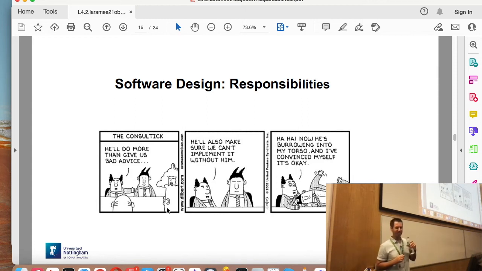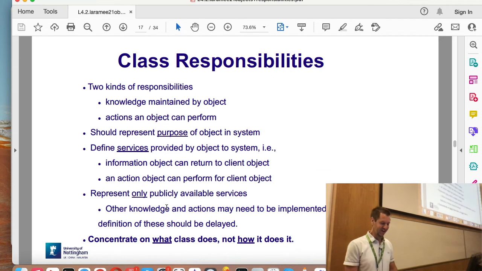Everybody know what a consultant is now? I could tell a story about a consultant. I won't do it today. Maybe one day. Does everybody know Dilbert, by the way? I hope that you know Dilbert. If you don't know Dilbert now, then get acquainted with Dilbert when you start the real world, because it's really an accurate depiction of reality.